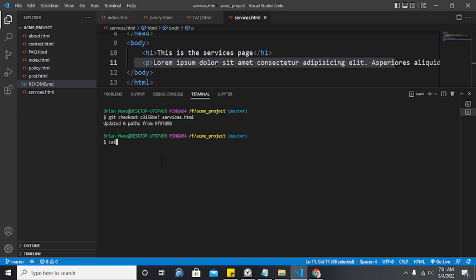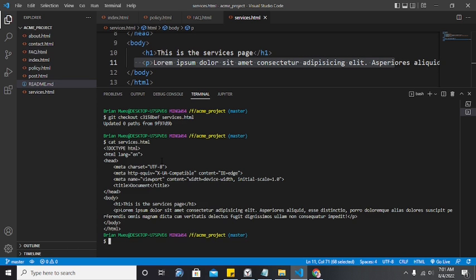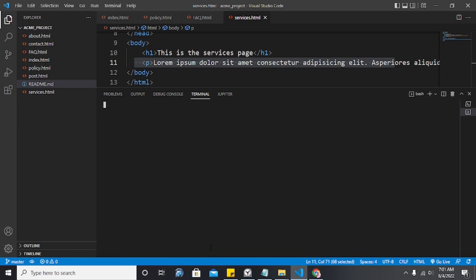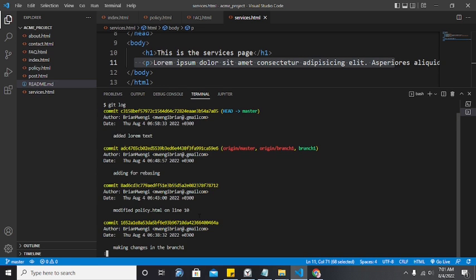Okay, let's do a cat services.html. So what I can see here, we are still on the same file, so we did not go back. Okay, let me do this. I think I see what we need to do. So if I run a git log, okay, so this is the file I just copied. Did we do adding for rebasing? Okay, so what we can do is